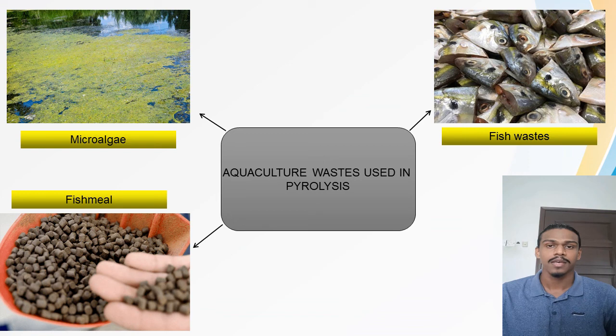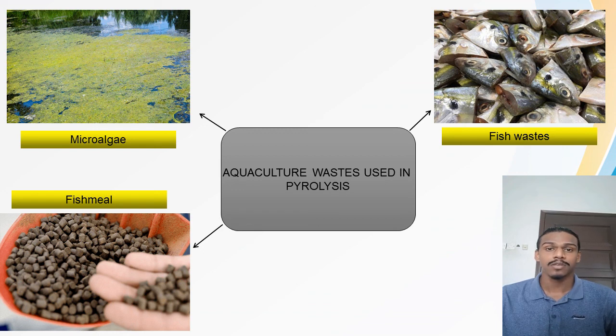On the other hand, fish meal can be used to form biochar that acts as a catalyst in glycerol carbonate synthesis. The biochar produced from fish meal shows a higher percentage of yield compared to biochars produced from other biomass. And finally, fish wastes are suitable as biomass for pyrolysis because of their high hydrogen and low carbon content. The fish oil is able to produce high quality bio-oil compared to traditional diesel fuel. The bio-oil from fish wastes can be used in diesel engines at lower temperatures.